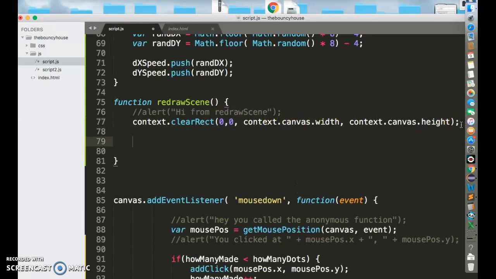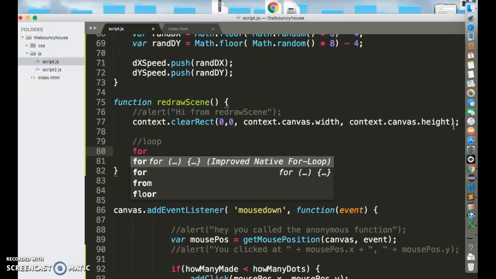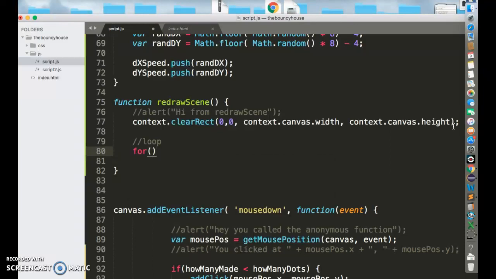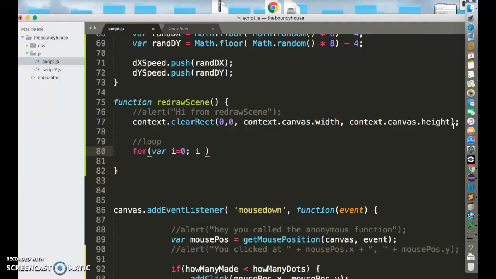Then we're going to start drawing all the points, and to do that you need to make a loop. This is a counting loop. It's like for i in range, like in Python, but you say it this way in JavaScript. You say for, and then you need a counting variable, so you have a var like i. We're going to start at 0,